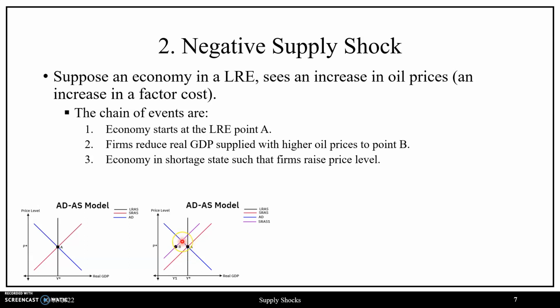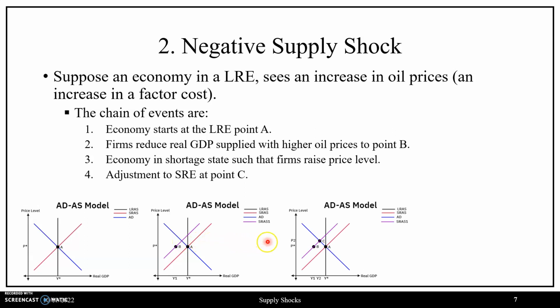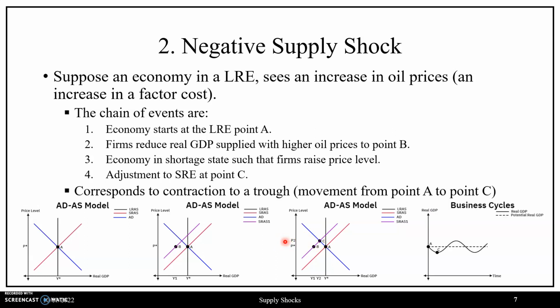curve and the aggregate demand curve until a new macro equilibrium is achieved, which will correspond to point C, where macro equilibrium here is at the intersection of aggregate demand and short-run aggregate supply 1, in which a Y2 amount of real GDP is being produced at a price level of P2. Initial insights in terms of the short-run equilibrium: we see that Y2 is to the left of the long-run aggregate supply curve, meaning that there is below potential real GDP being produced in